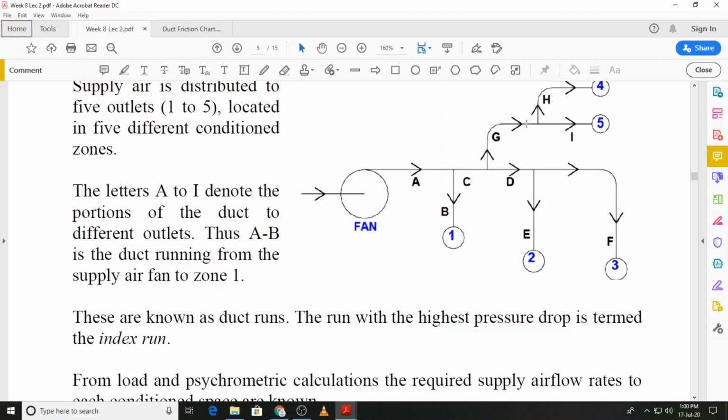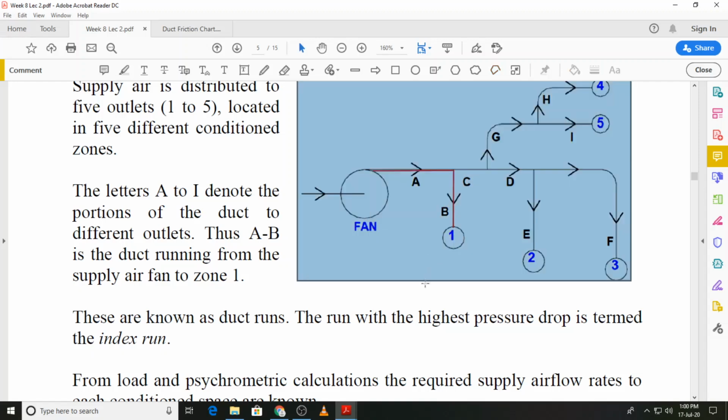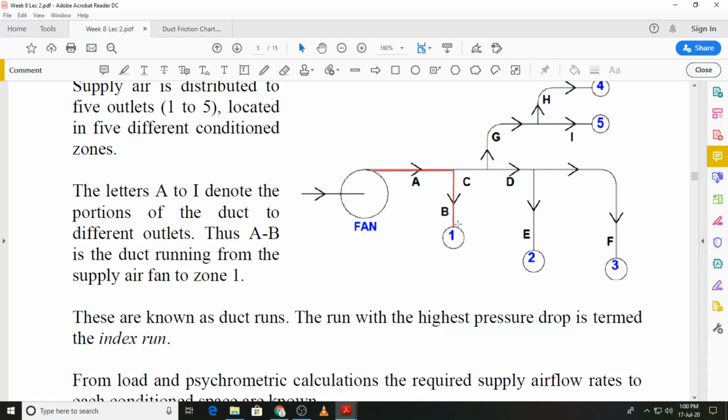When we calculate the pressure drop, the way to do it is that we calculate the pressure drop from the fan to each of the outlets. Now if we start from one outlet, and I will just take one of the outlets. Let's say if I go from over here and I go to outlet number 1. So that is called a run. So if we talk about run number 1, run number 1 consists of segments A and B,